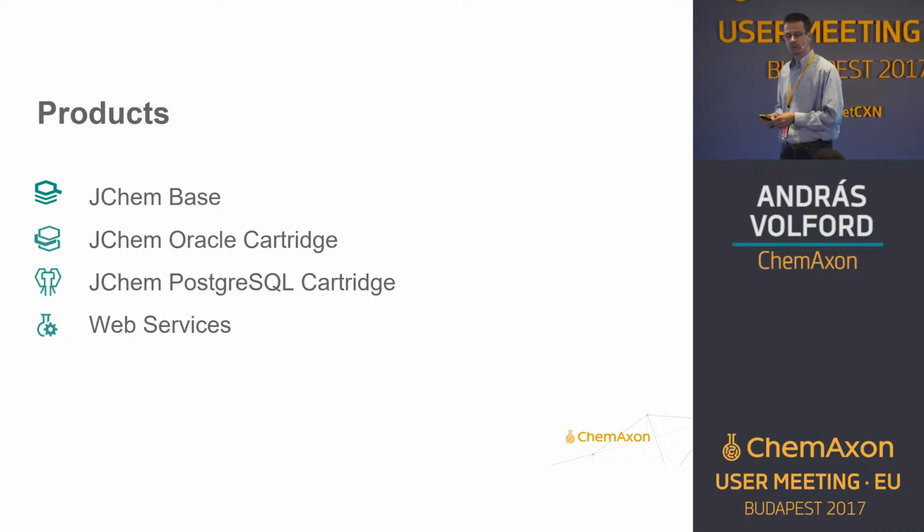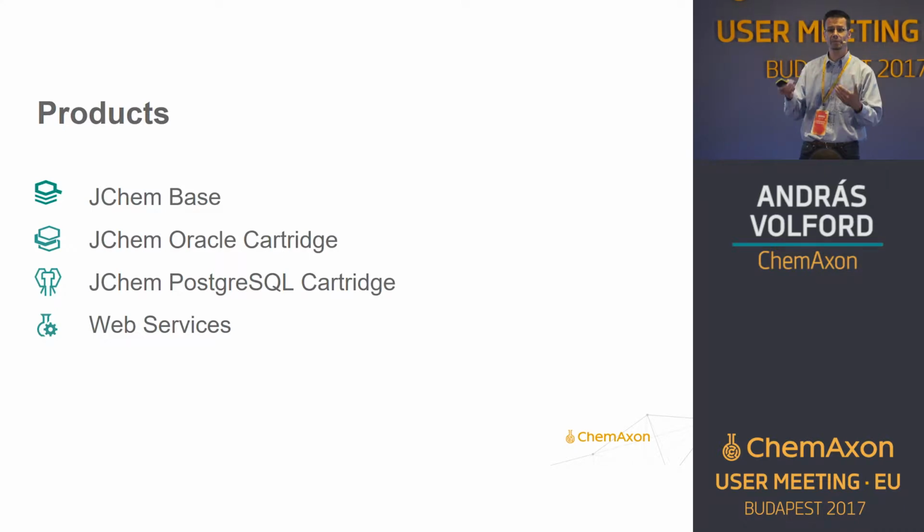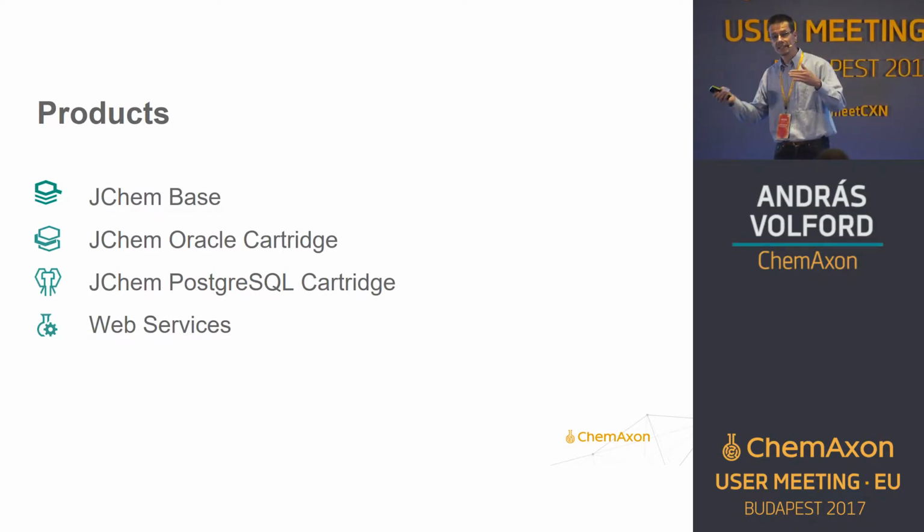The next one, the Oracle cartridge. The Oracle cartridge is, let's say, also a mature product. We can call it an industry standard in the cartridges. But what is the difference between the JChem Base and the cartridges? The cartridges are extending the SQL functionality with additional functions and operators, which will help you to store and manage chemical data in a relational database engine. Actually, we have just the Oracle and Postgres cartridge, and both of them are extending the